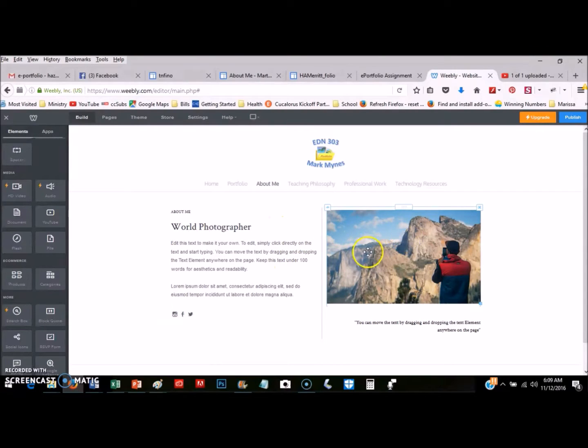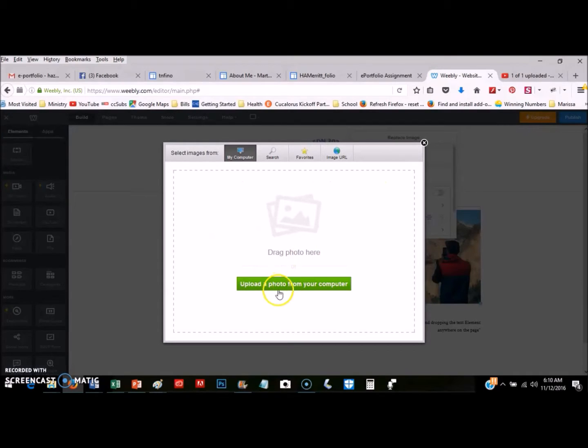For this graphic, if you want to do a picture of yourself, or whatever picture you want to put on a page, if a graphic's already there like this one, you can just click on the graphic and the little box will pop up that lets you edit. You're going to just click on this replace image link, upload a photo from your computer,